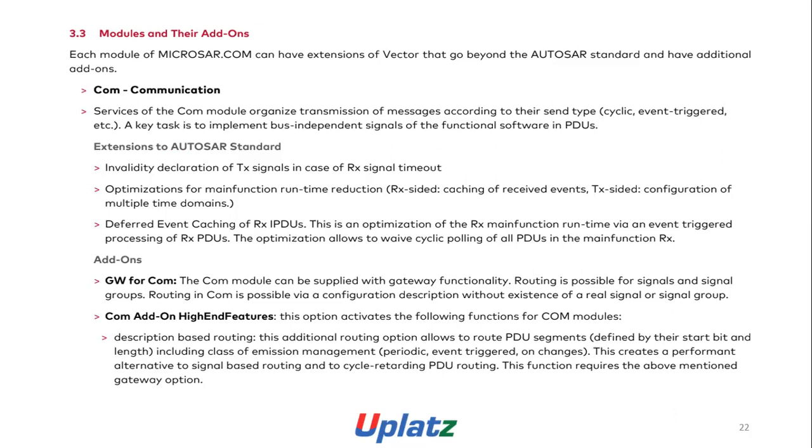The COM communication service of the COM module organizes transmission of messages according to the send type: cyclic, event triggered, etc. The key task is to implement bus independent signals of the functional software in PDUs. Extension to AUTOSAR standard: invalidity declaration of task in case of RX signal demo, optimization for main function runtime reduction,